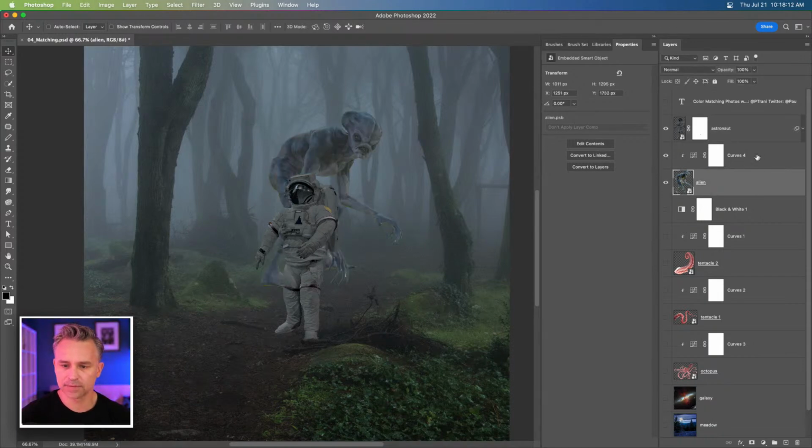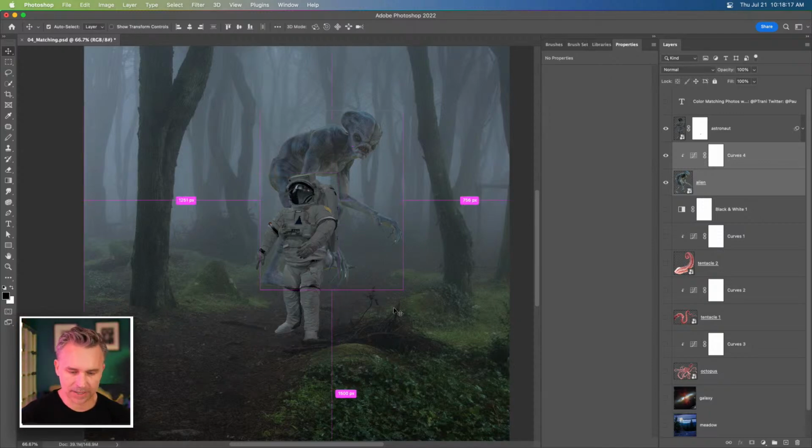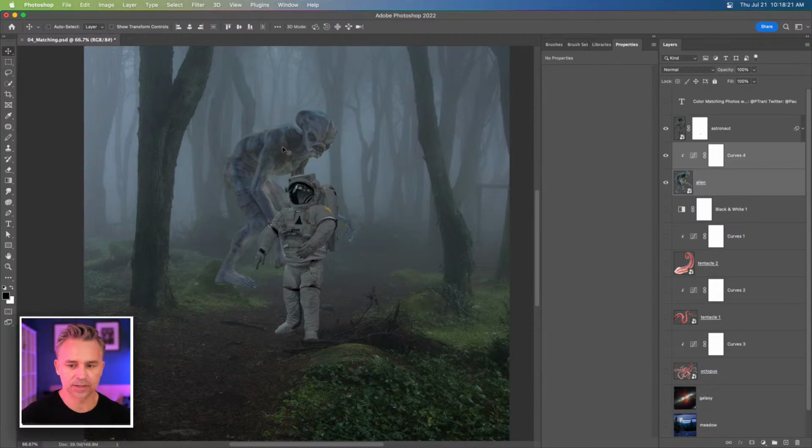Turning on the alien. Here's our lovely alien, right? Maybe he's freaky like that. I want him in the back, so I'm going to have him back here. I'm going to start blending him with...